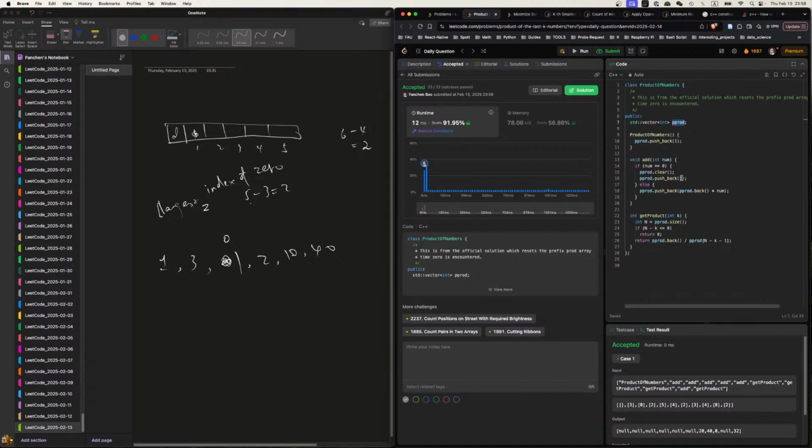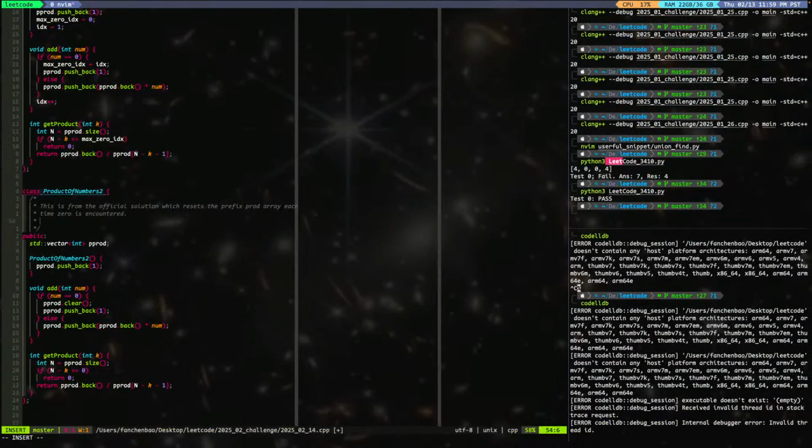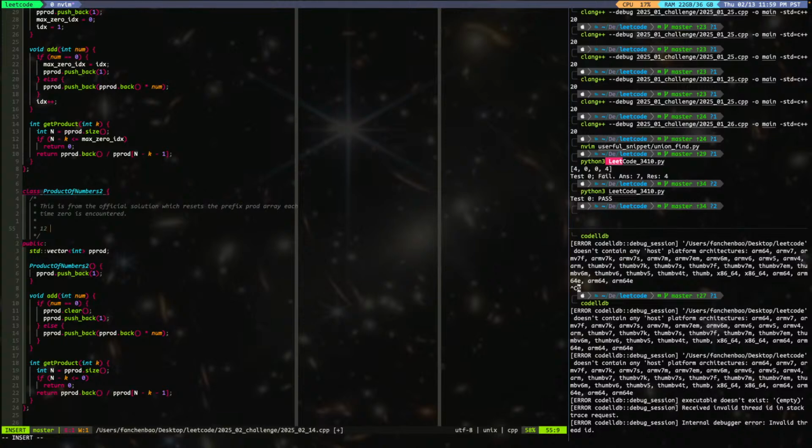Now in our case, whenever we hit a 0, we'll clear it, which means the chance of reallocation is lower. And we don't need the other two, and the logic is overall simpler. Yeah, that's why it's a win. 12 milliseconds, 91.95%. That's pretty good.